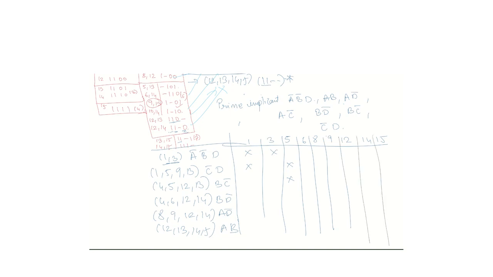Okay, so it's 1, 5, 9 and 13 you can avoid. So 4, 5, 12, 13 you can avoid. Then 4, 6,